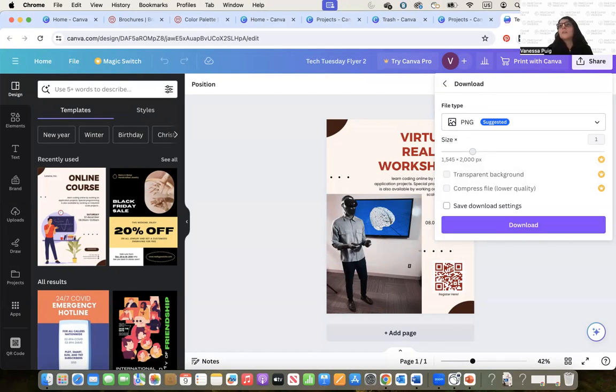Oh, here's Margaret. What does flatten PDF do? So in this case, when you're doing a design, sometimes when you add lots of elements to a screen, they're added in layers. And those layers all are on top of each other. And you can put one element on top of the other or lay them out however you want. But essentially what flatten PDF does is it takes all of those layers and squishes them down